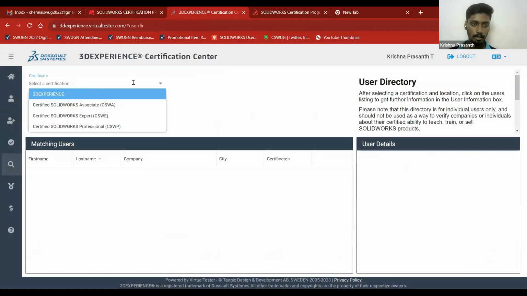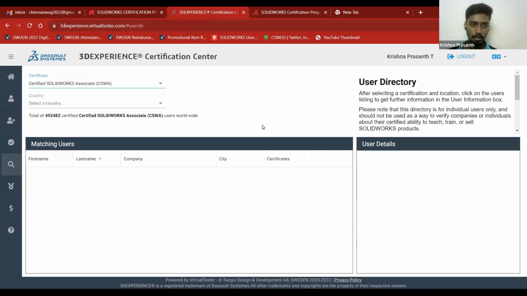Here you can select and check the certifications available. You can see that in the world, up to date, there are about 4 lakh persons who have completed the CSWA.